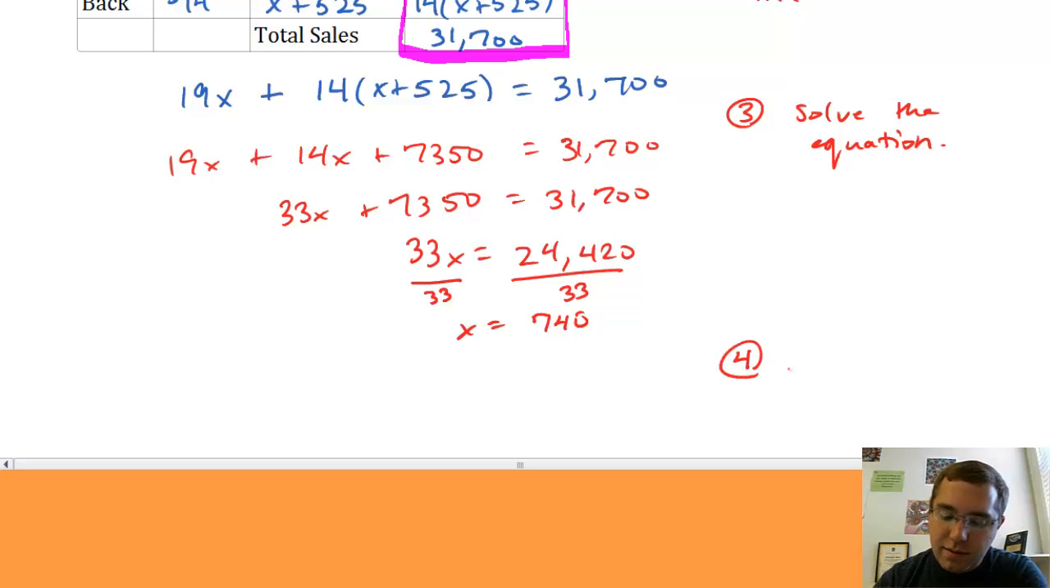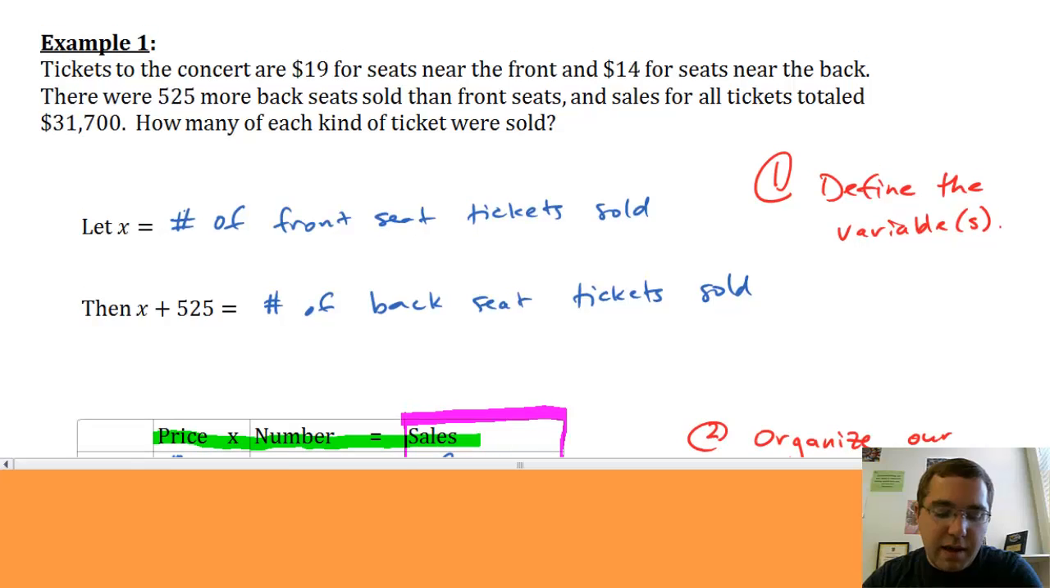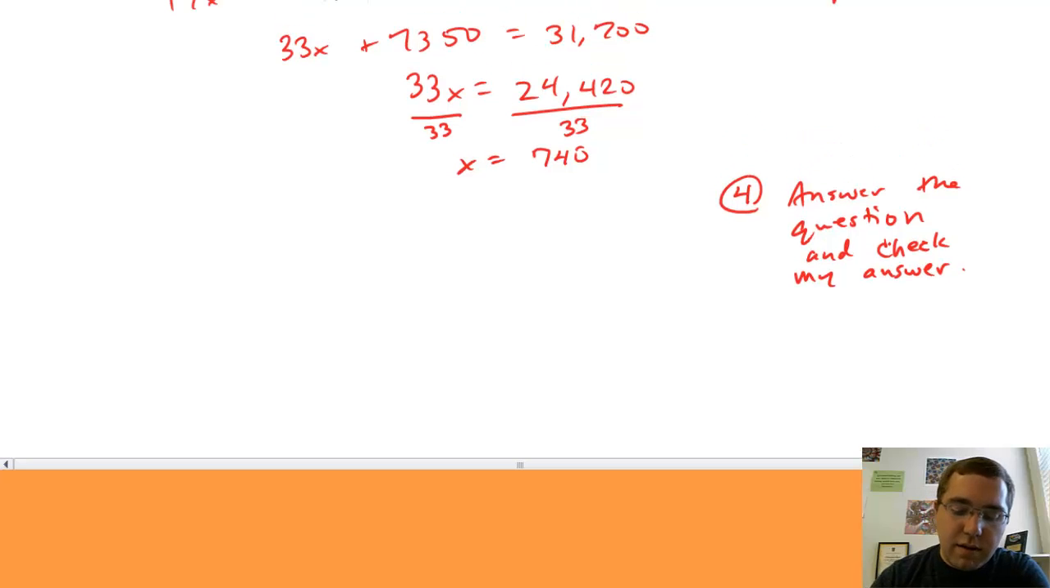My fourth step is to answer the question and check my answer. So what do I mean by answer the question? Well, if I go back and look up at the question, it says, how many of each kind of ticket were sold? So I need to explicitly state that there were 740 front tickets sold,